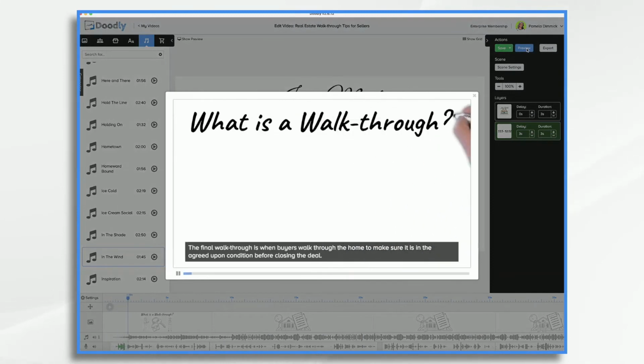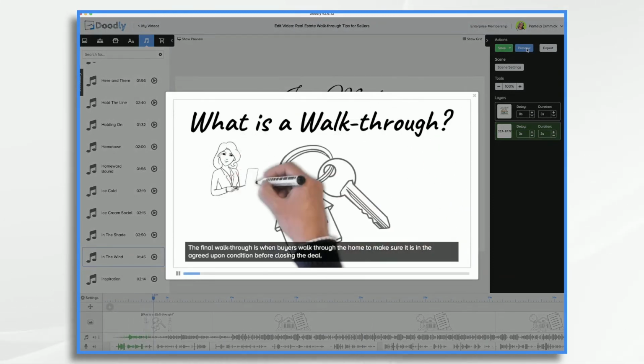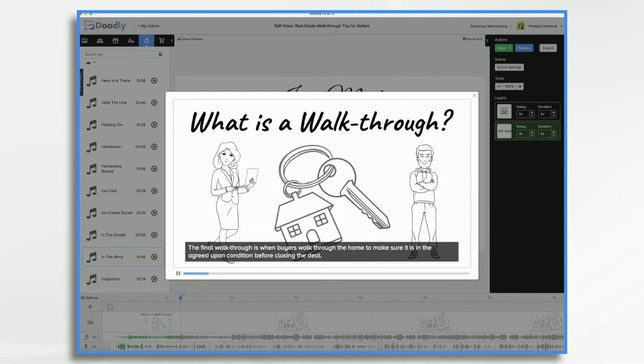The final walkthrough is when buyers walk through the home to make sure it is in the agreed upon condition